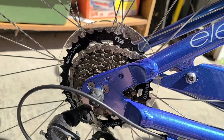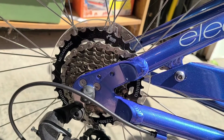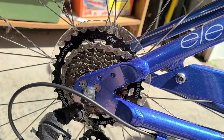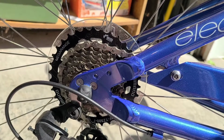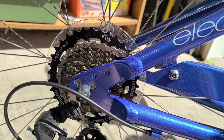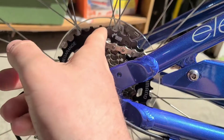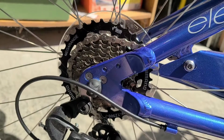I think the bicycle is a good teaching tool to illustrate the importance of your propeller pitch as it pertains to the strain and the work that you're asking your motor to do. I think we've pretty much all ridden a bike, and we've probably all ridden one of these bikes with multiple gears on it. When you're up here in this gear, you could be in a ratio because of the number